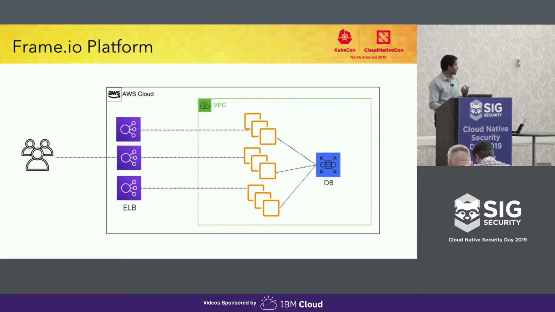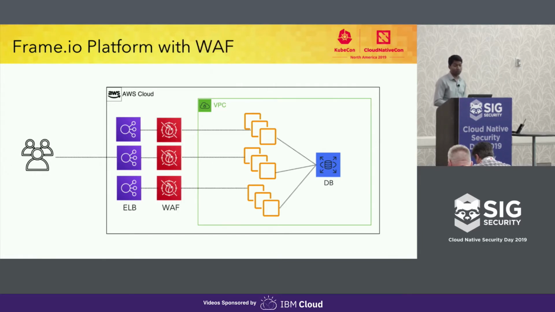And when that happens, one of the ways to secure or block those malicious requests is to use a web application firewall. AWS has a WAF service that we use a lot. We have developed our own custom rules on top of WAF, but we also use some managed rule services from the marketplace. And WAF helps us block OWASP top 10 attacks, attacks coming from bots, and so on. That gives us the first layer of defense to block malicious requests.